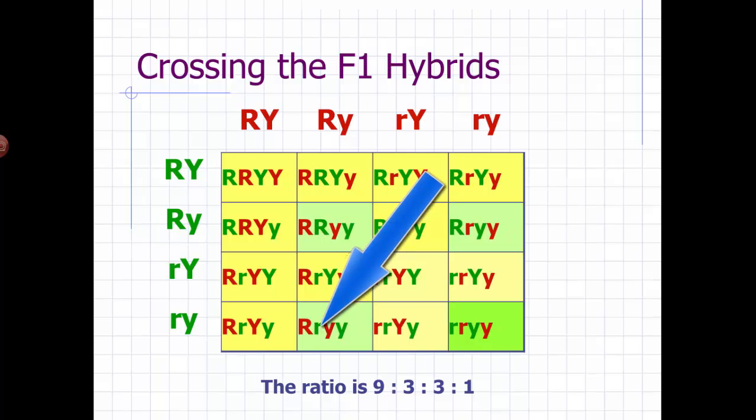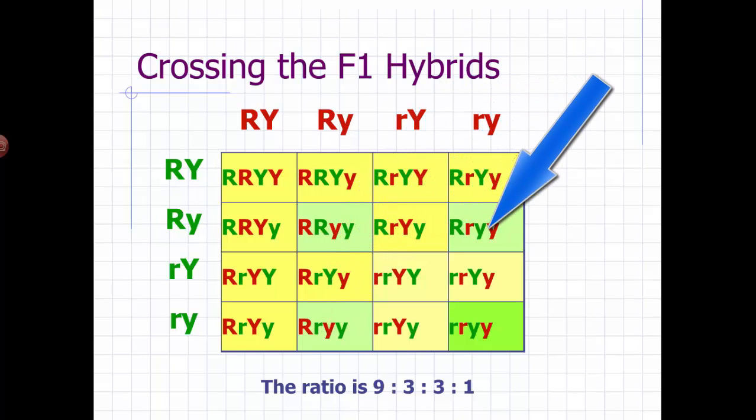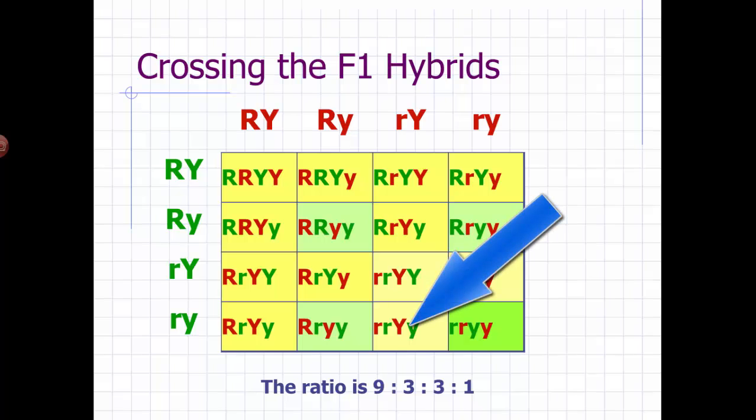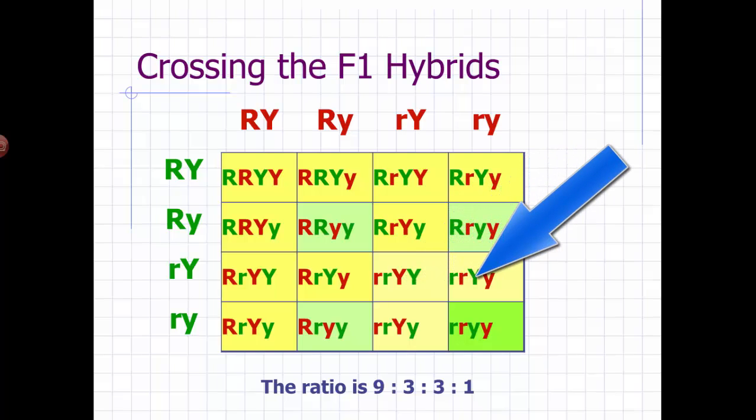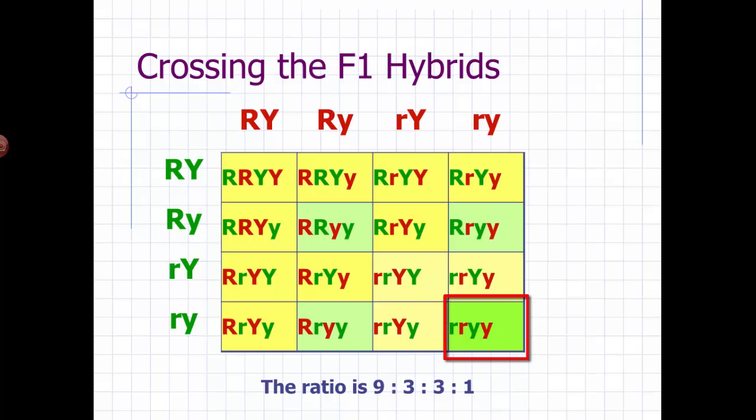We have 3 that have at least a capital R, but no capital Y. There are 3 of them that will be round, but have green seeds. There are another 3 of them that will be wrinkled because they don't contain a capital R, but they do contain at least 1 capital Y. And so they'll be wrinkled and yellow. And then there's one way down here in the lower right-hand corner that has both recessive phenotypes and is a